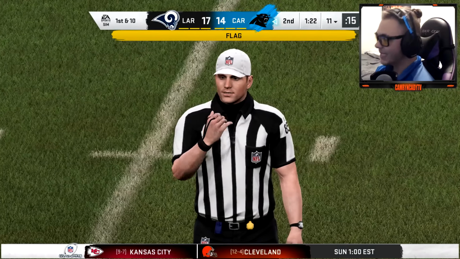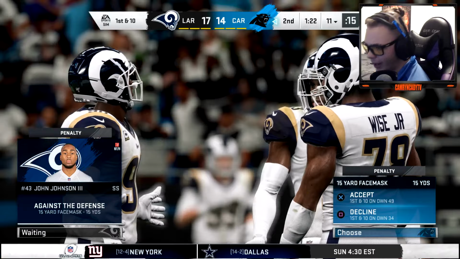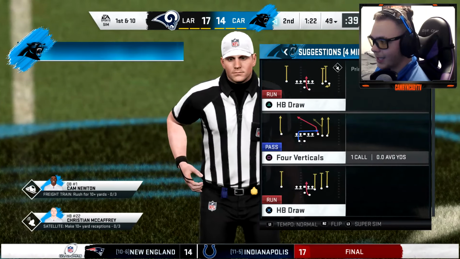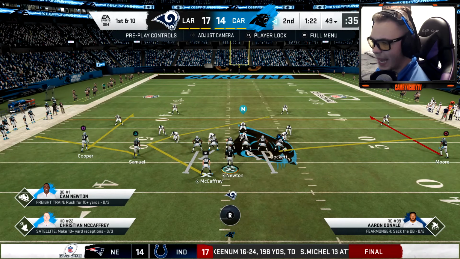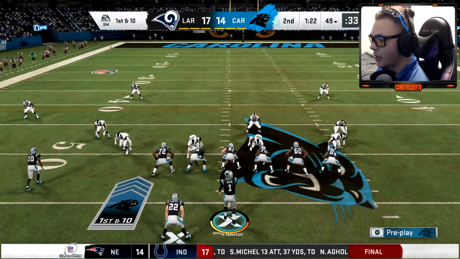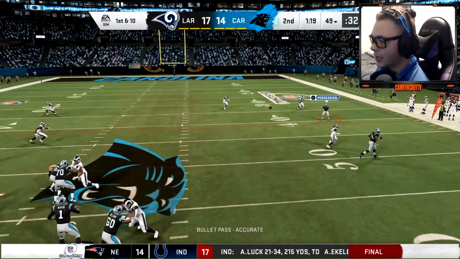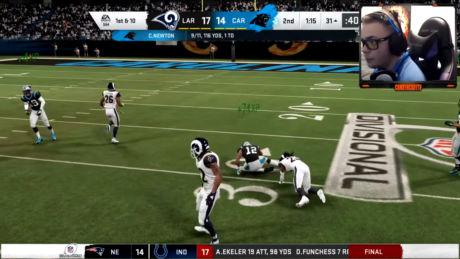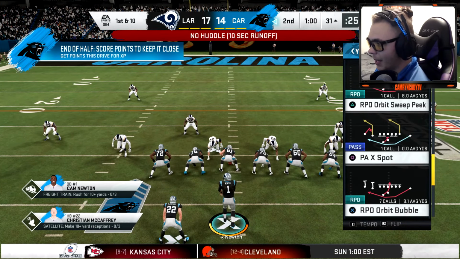Add 15 on it. Get out of here, bruh. John Johnson the third. All right, let's get it. Let's go ahead and maybe try to get McCaffrey involved. I love trying to get McCaffrey on these little angle routes for the halfback. It's really nice. Get that to Moore? Yeah. We got to get Moore involved. Look at those moves. DJ Moore can move with the best of them